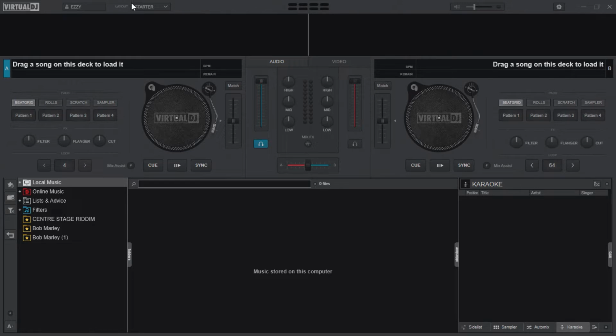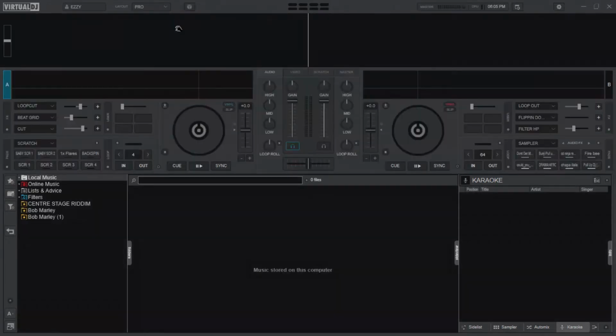You'll find the starter interface, which is minimalistic and has very few things that can help you do a kind of professional mixing. So I would advise you to switch to the Pro kind of layout. This one will give you almost everything, and it will help you access many things over the interface without the need to go to the configuration side of the Virtual DJ.